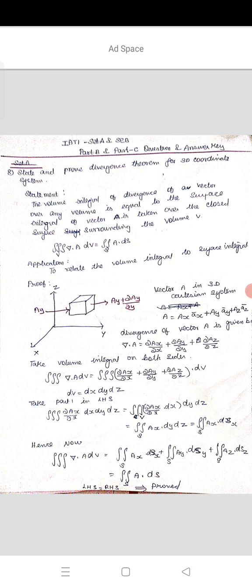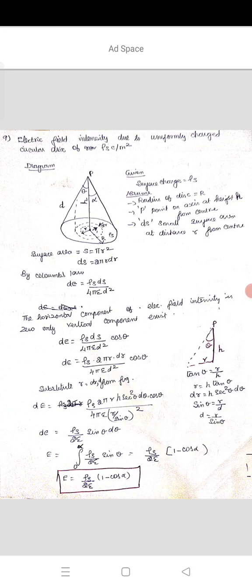So next we go with question 9. The question is to find the electric field intensity for a uniformly charged circular disk with rho s. Here the surface charge density is given as rho s, and you have to find the electric field intensity at point P. For that you make the assumptions that the radius of the disk is r, and the point P is at the height h, which is on the axis, and